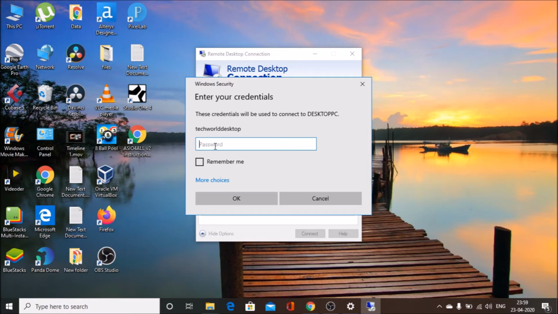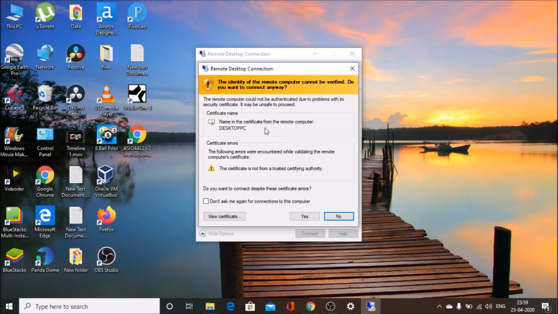So I'll enter the password here, and I will click on OK. So friends, after clicking on OK, we receive this screen here. We need to click on Yes here. So we will then proceed to the remote desktop connection. I'll click on Yes here.